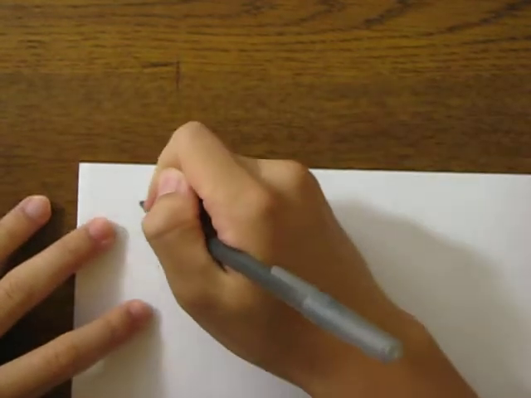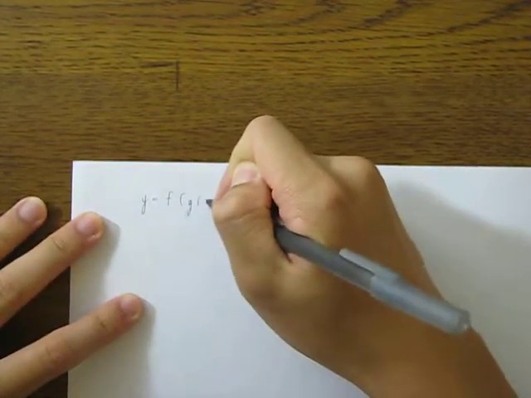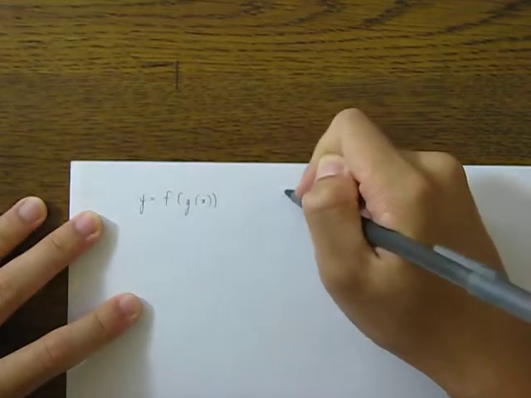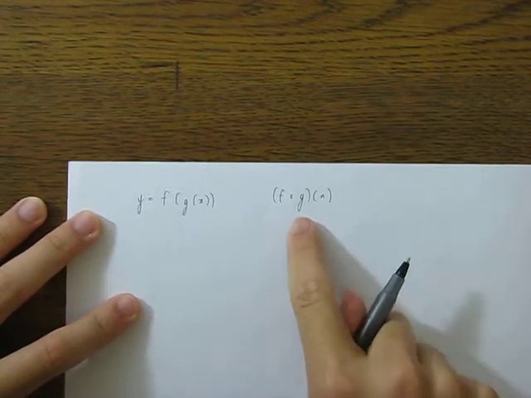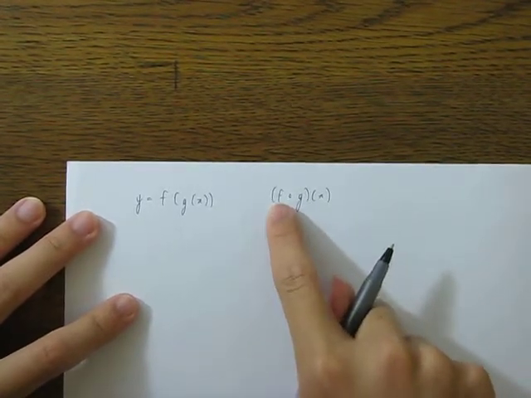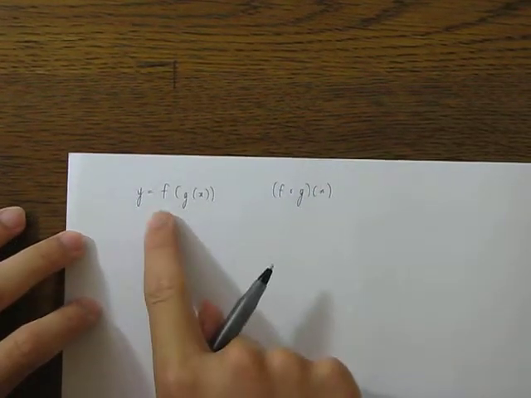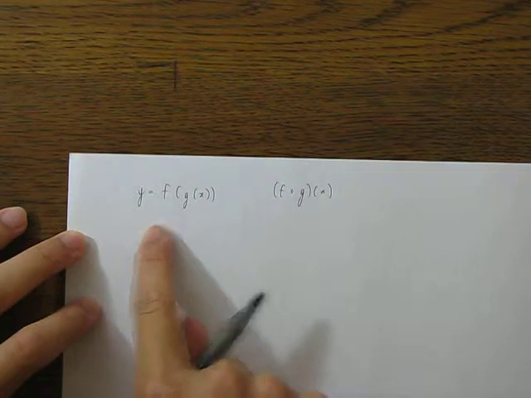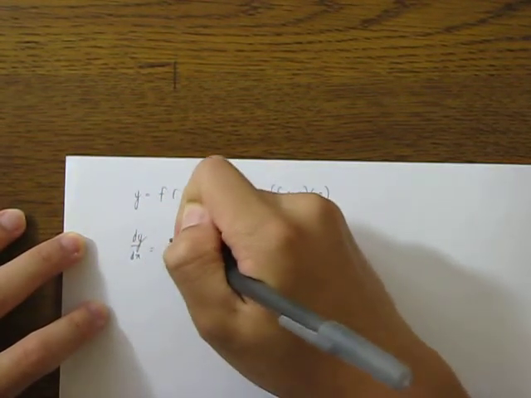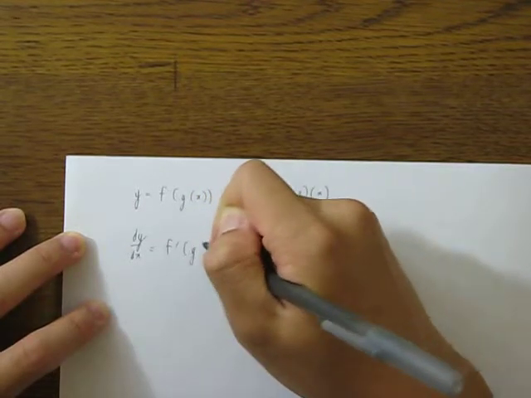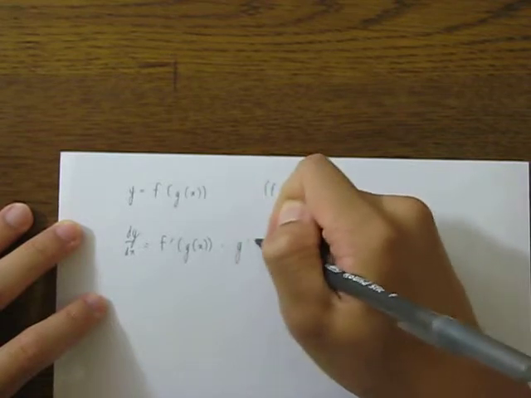So if you were to derive the function y of g of x, right? Back in Algebra 2, you used to write it f of g, if I still remember correctly, right? That means plug x into g first, then plug that result into f, okay? If you were to think about the chain rule as if it were this, then the derivative dy over dx equals f prime evaluated at g of x, the inside stays the same, times the derivative of the inside